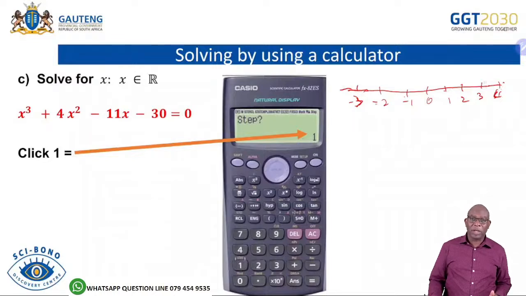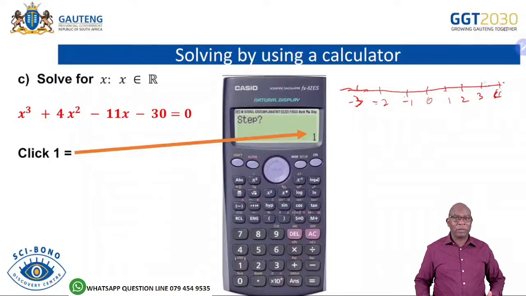See, when you're doing the trig graphs, it will ask you for the step, and you say maybe my intervals are going to be 30, 60, and all that. But with this, we use step 1. You click 1 in there. Then every time you click equals to move to the next one. And then from there, what the calculator will do,